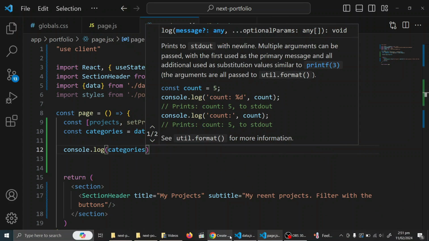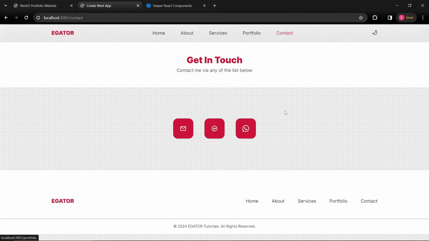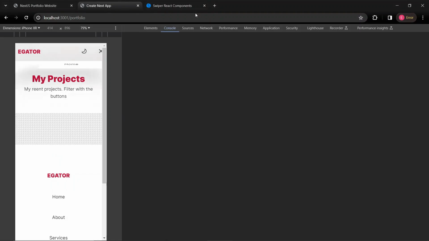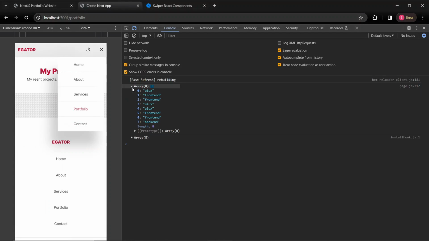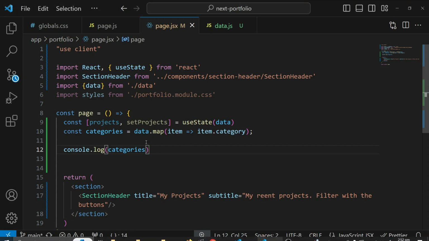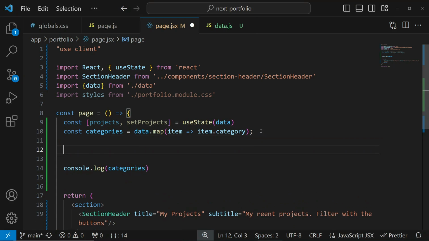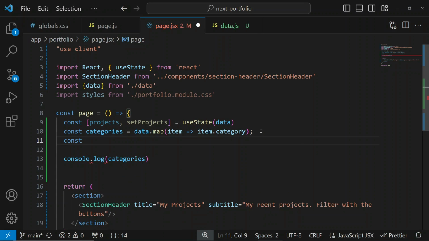Okay, so let's come back to our portfolio page and see what we get in the console. So we have UI UX, front end, UI UX, front end, and then back end. We don't want this. We are going to get only the unique categories. To achieve that, I'm not going to remove this console log. Let's go ahead and say uniqueCategories is equal to,